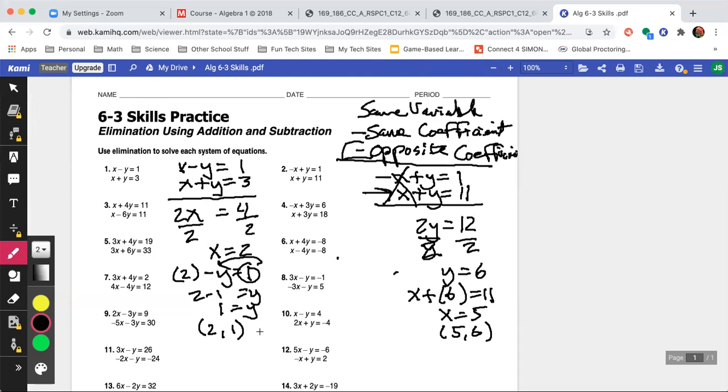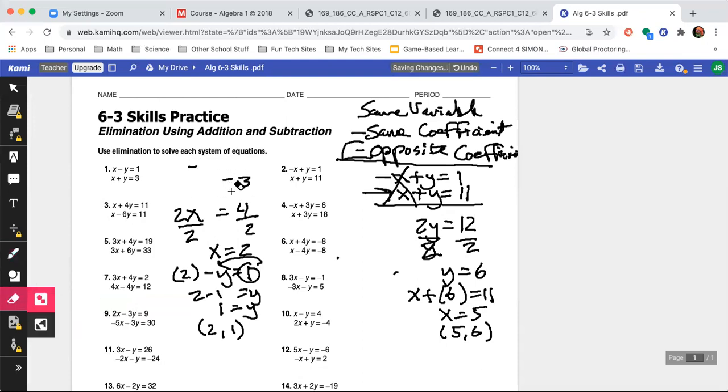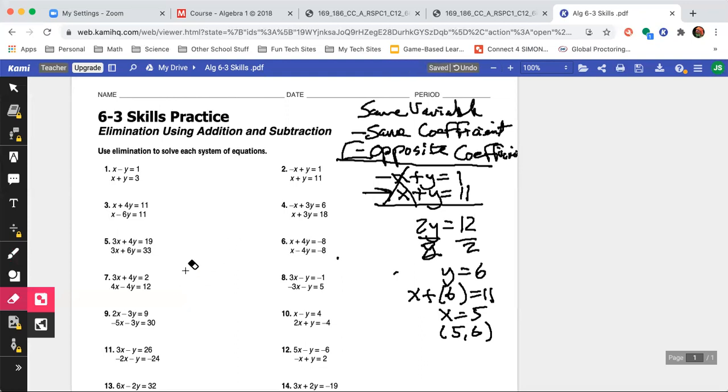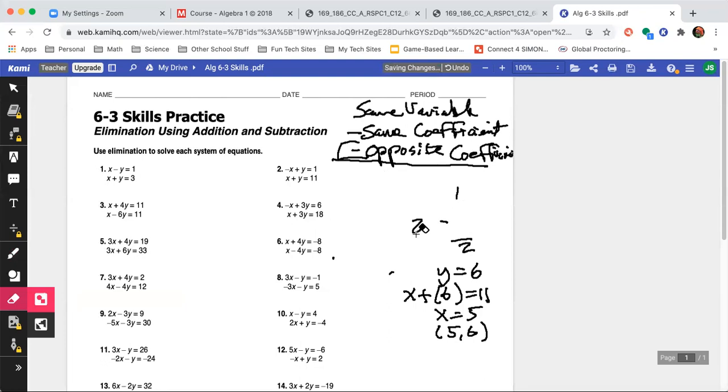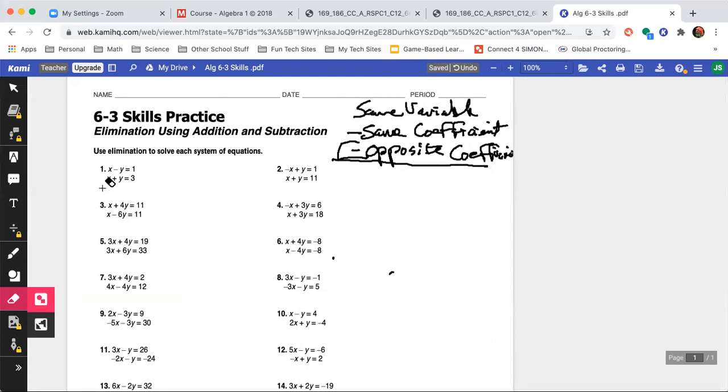Now, there's a lot of times when that doesn't necessarily work because you'll get something that has this exact same coefficient, but it's not opposite from each other. And so we use a different technique when that happens. And so I'm going to go over that and show that to you right now. Okay, once I clean this up here. All right, so if you look at number 3,